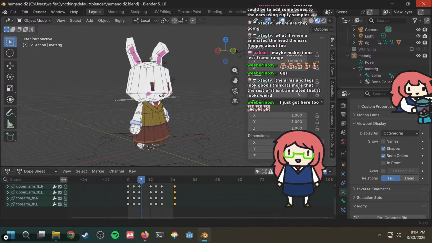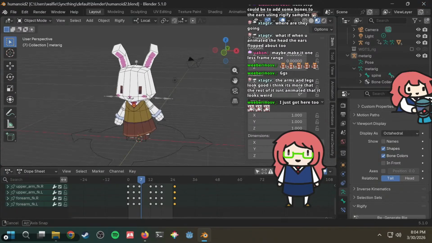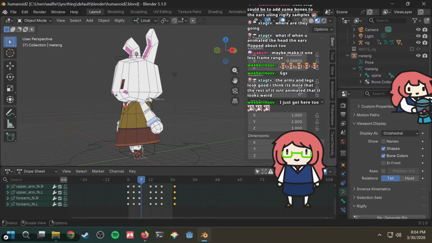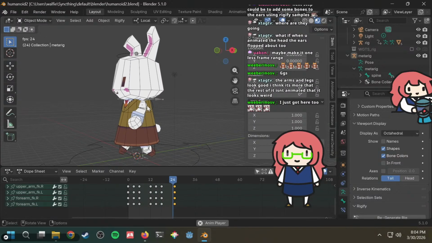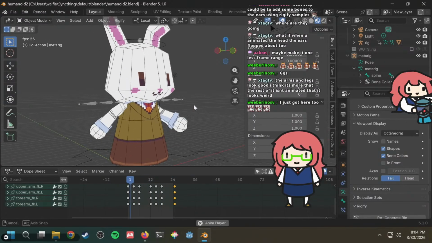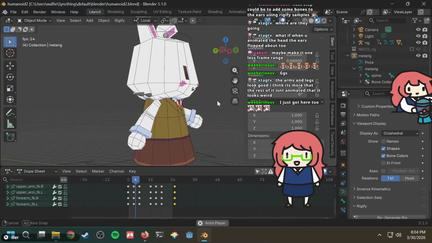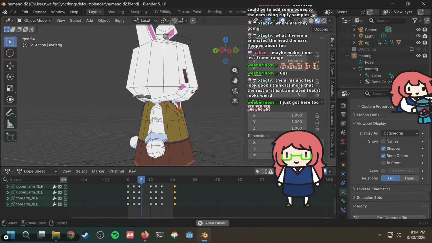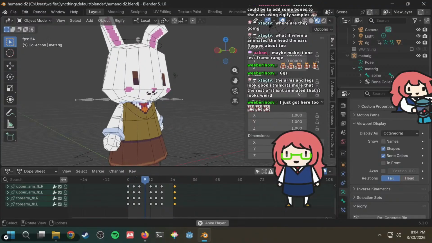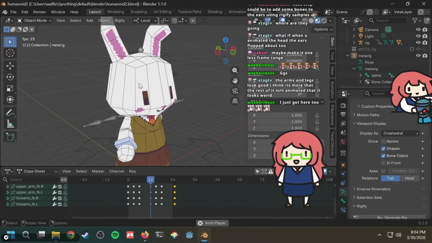Alright. Arms and legs look good. I think it's more that the rest of it isn't animated. Yeah, maybe that's it. Maybe there needs to be some more deformation in the clothing.